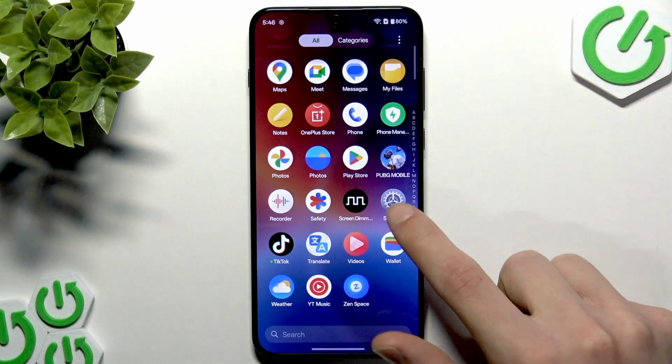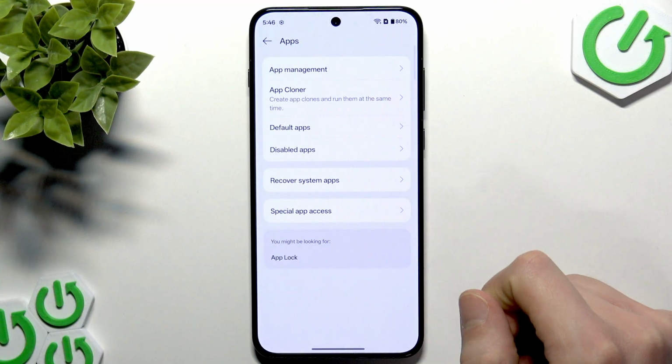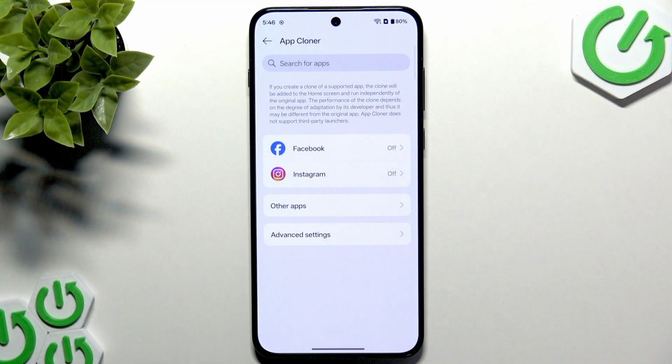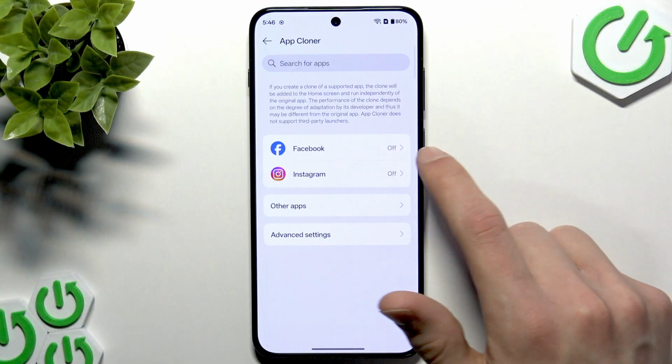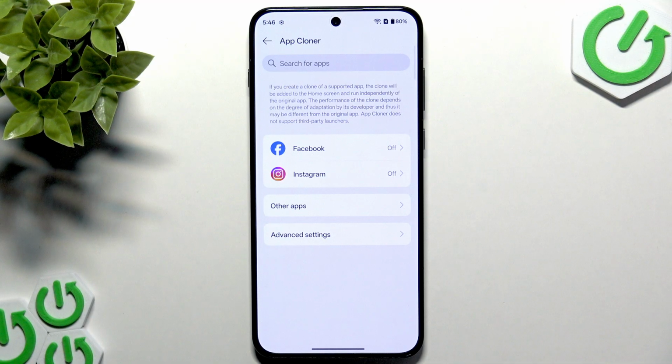To clone apps, you have to open Settings. Then in Settings, go to Apps menu. Here select App Cloner feature, agree to statement of use, and then here you'll find the most used applications for cloning. Those are obviously social media and messengers, so that you can use two different accounts for each messenger on